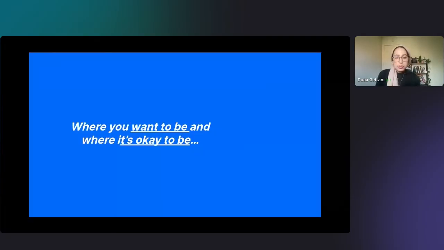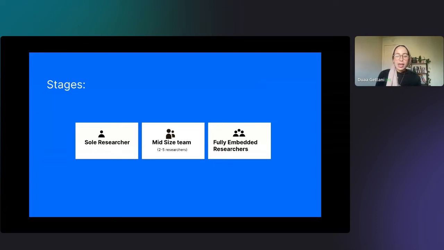So where you want to be and where it's okay to be. We know that research structures in different companies can be very different, and that's okay. Research can have impact at any stage. I have this oversimplified structure of where you'll find yourself as a UX researcher jumping into a